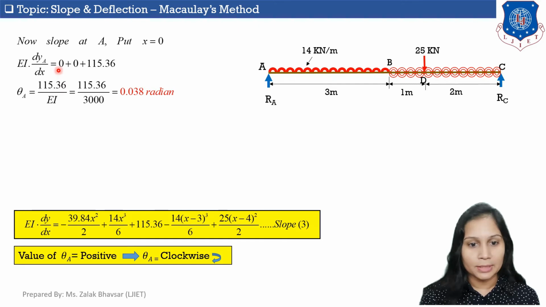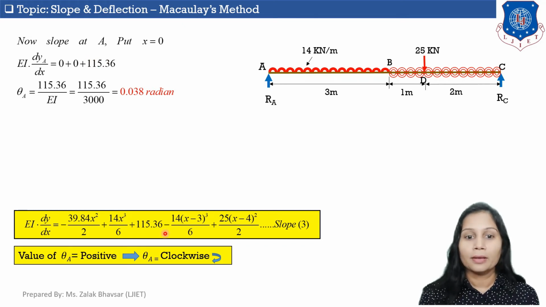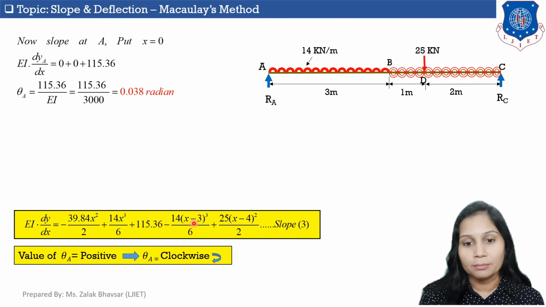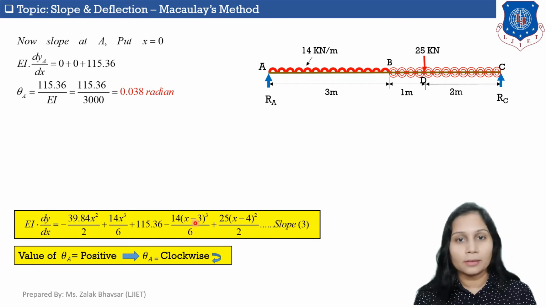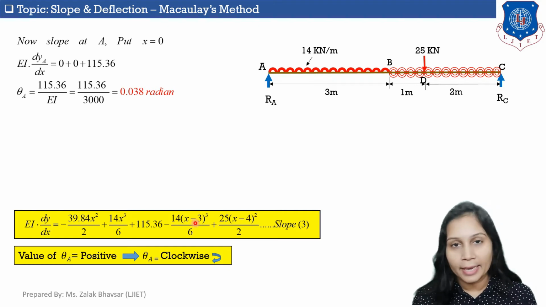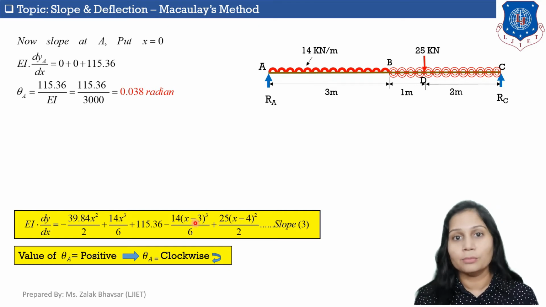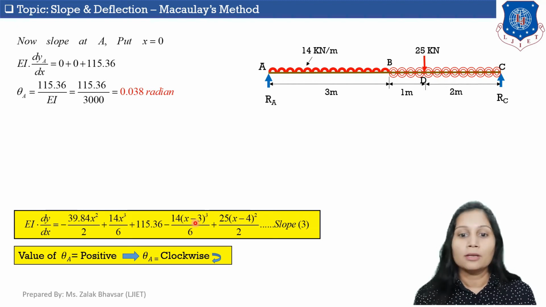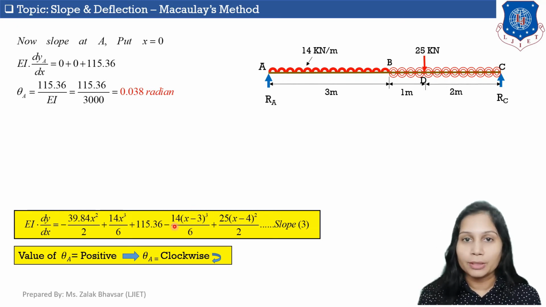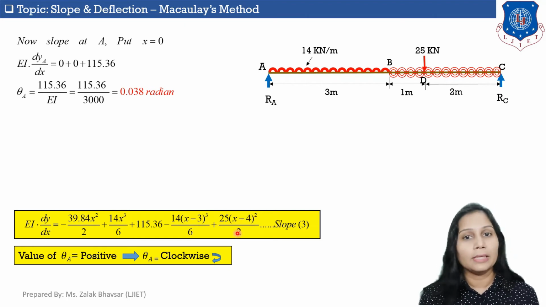So the first term will be 0. Again second term will be 0 because x is equal to 0, plus 115.36 minus x minus 3 means 0 minus 3. As per our assumption, if x minus a is less than 0 means negative, then we will neglect it. So we will neglect this term 14x minus 3 cubed by 6, and again this term 25x minus 4 will be minus 0 minus 4 is minus 4. So we will neglect both these terms. Okay, so we get